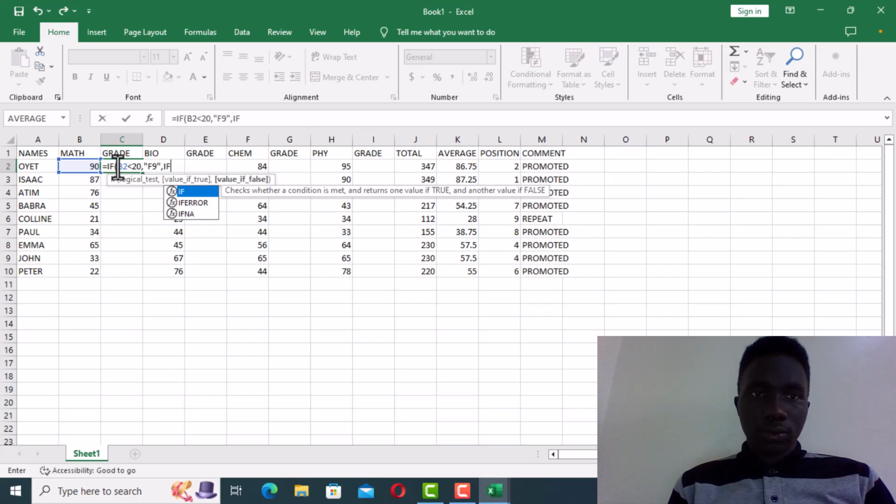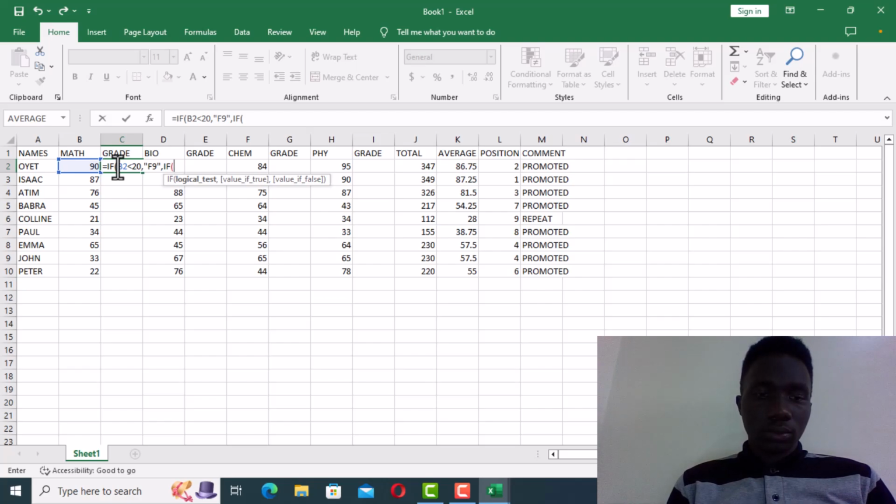if, you open brackets, if b2 is less than 30, comma, and give them pass 8, that's a P8, and you close, and you put a comma at the end, and